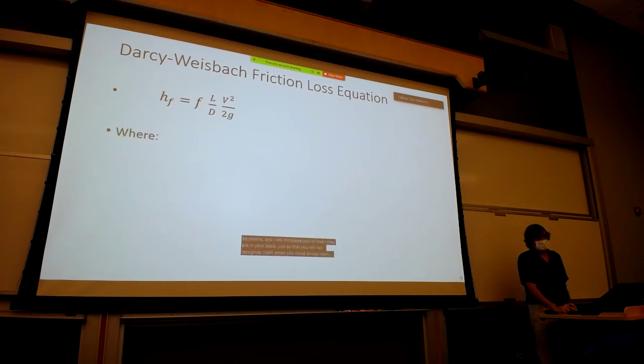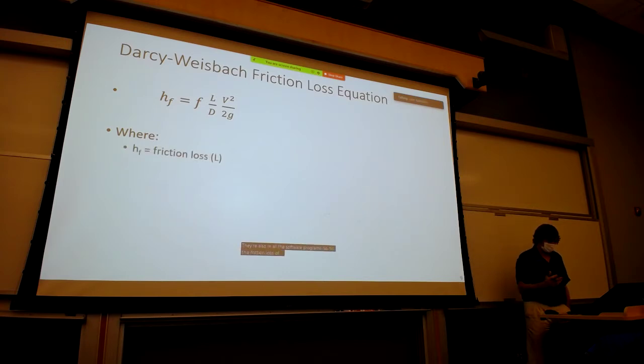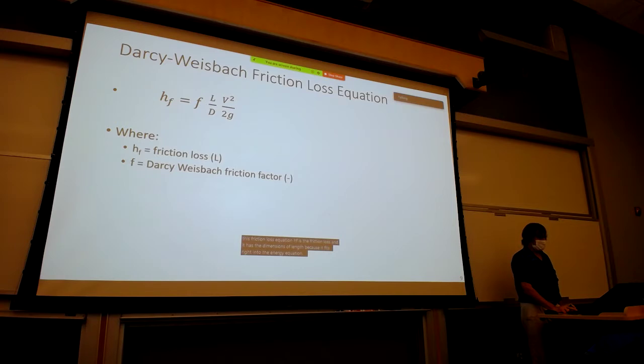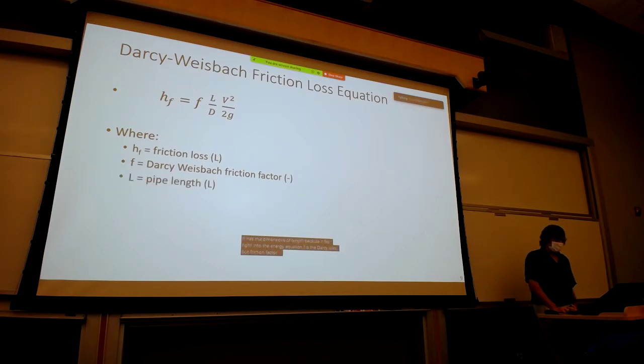They're also in all the software programs. So for this friction loss equation, H sub F is the friction loss and has the dimensions of length because it fits right into the energy equation. F is the Darcy-Weisbach friction factor. L is the pipe length between the 2 points that you're doing the energy analysis between, points 1 and 2